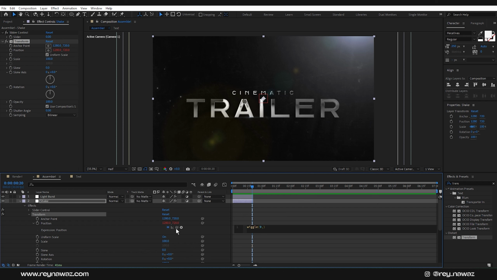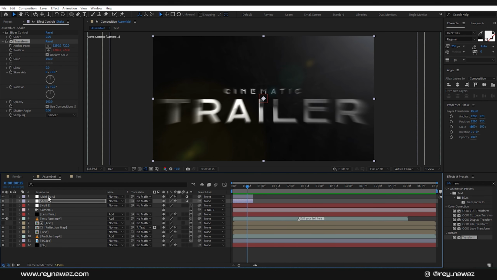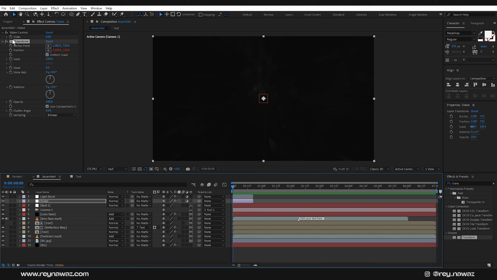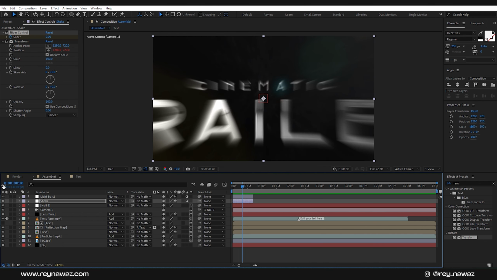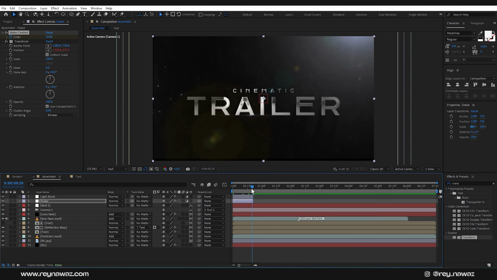and select this pick whip and set it to the slider like this, and click anywhere you want and close its properties. Go to the very beginning of your animation and add a keyframe on the slider control. Go 10 frames forward by holding Shift and pressing Page Down on your keyboard, and set the slider control to 50%, and go to 20 frames and set it to